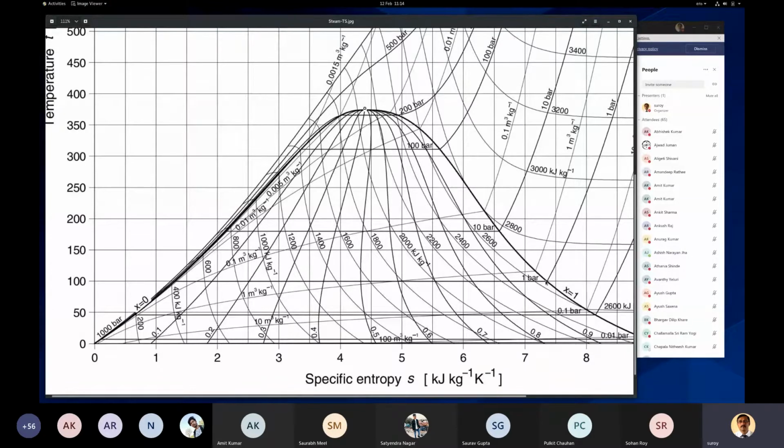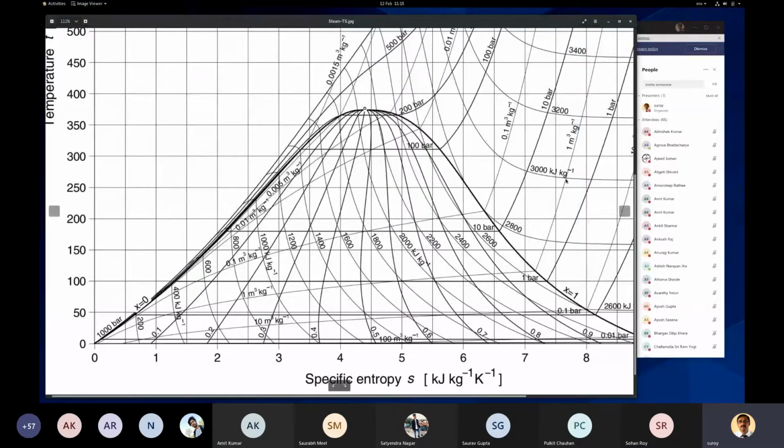But sometimes, especially if it is a software, they don't rely on this and give you the exact property for the given x. If that is available, you can use that also. But otherwise, the approximation is to assume that it varies linearly, and if I'm giving you x equal to 0.25, then assuming linear variation, you can find out the property.